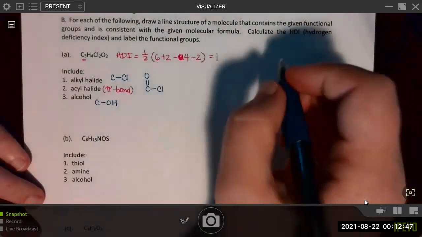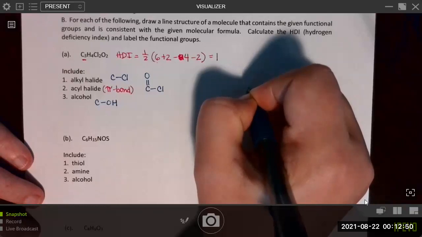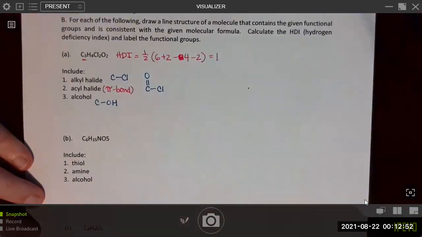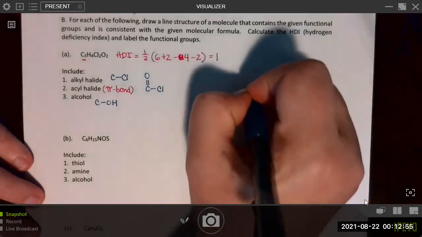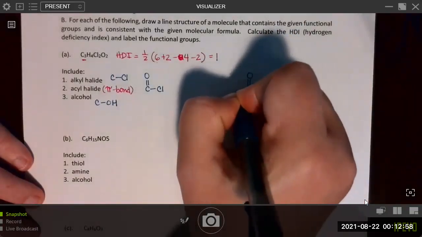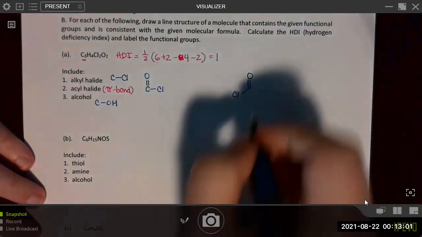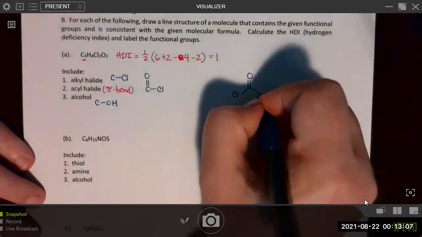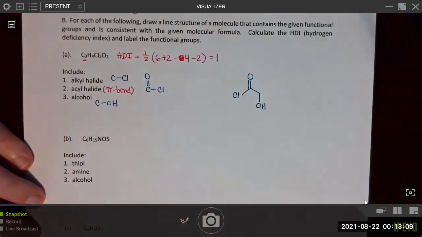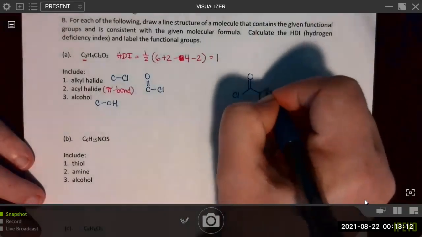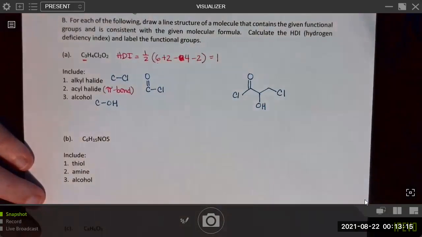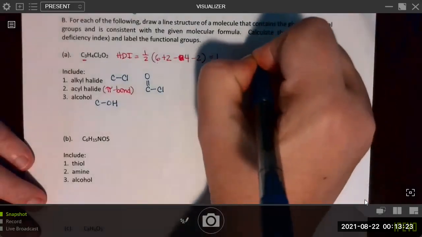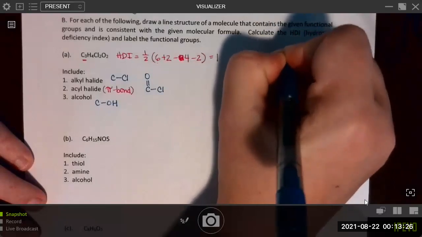So we're going to start with carbon 1, right? And you sort of decide what you want it to be. Maybe it's going to be the acyl halide. And then attached to a carbon that maybe has the alcohol. Or it could have been the halogen for the alkyl halide. We have our next carbon, which is going to have a halogen. Right, so there's a bunch of possibilities that you could have come up with. This isn't the only possible answer. Right, so I'll just put one possible answer.